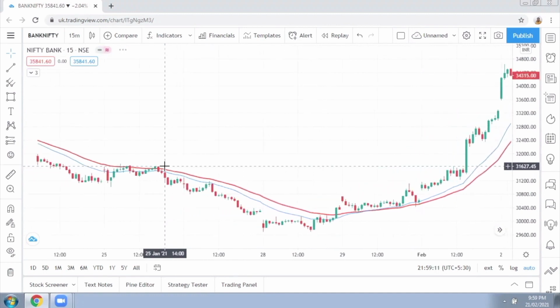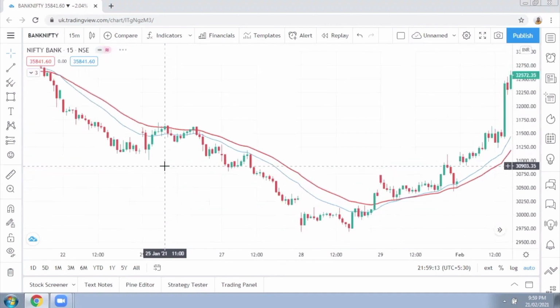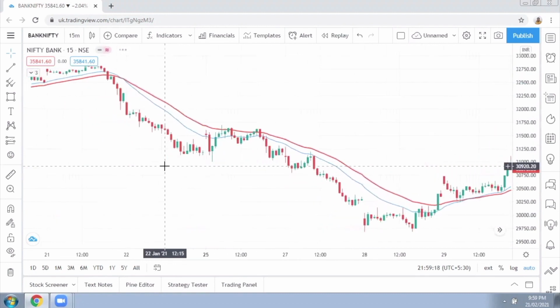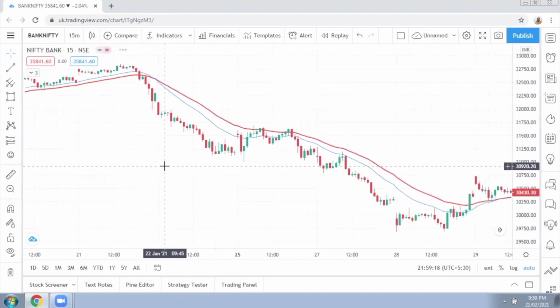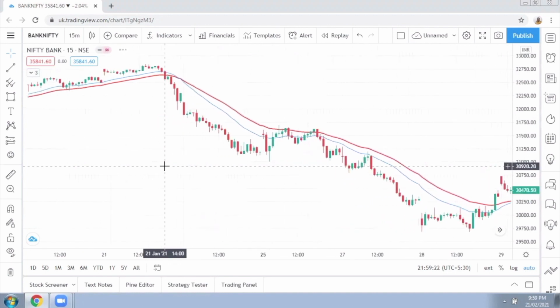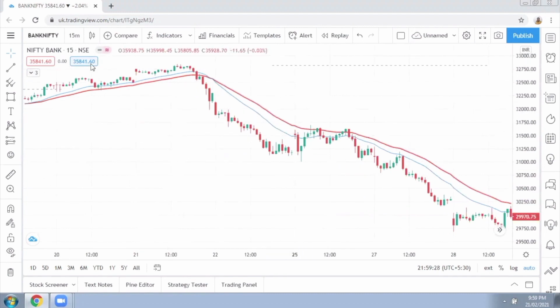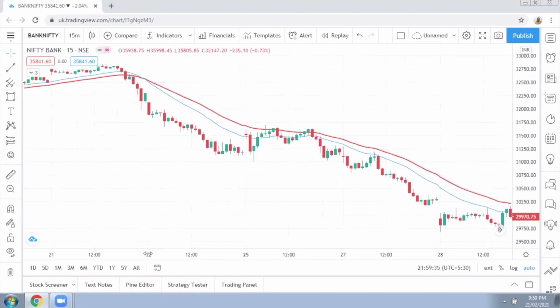We can use different moving averages, like from 20 to 200. Every moving average has its own significance. So while using this strategy, we have to make sure about the major trend of the market. Like if we are forming a series of lower high and lower low, this means we are in downtrend and we will look for the short entry at that time.